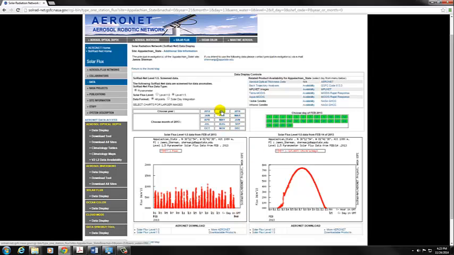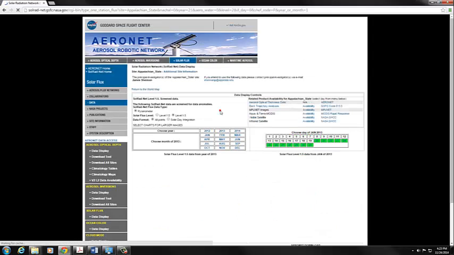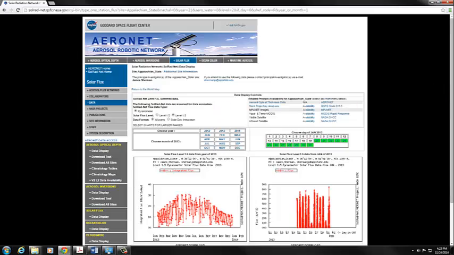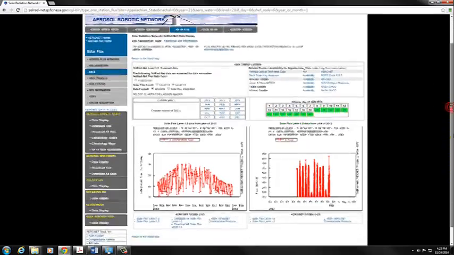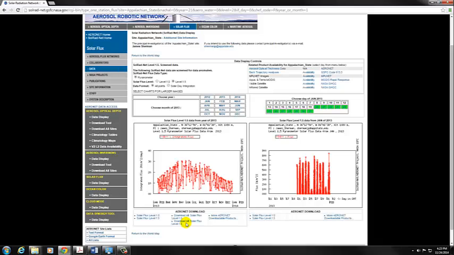If I want the whole year, I can click back and I can go to 2013, and now you see an option which says download all solar flux data of level 1.5. And this will give us the entire history of data since the pyranometer became operational. So let's click on this one. So we download the data,